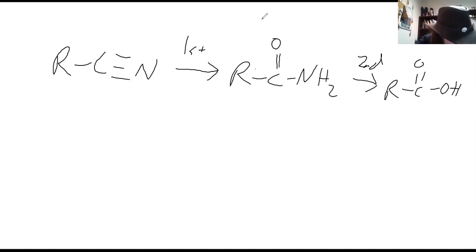So let's see. Now, you only need very mild conditions to convert them to an amide. But if you want to keep going to carboxylic acid, remember we need much stronger conditions. So we could actually favor amide formation by keeping the conditions mild. We just talked about the amides ones, like, oh, we need either a strong acid or a strong base, and we need some heating. So the mechanism here, so R, C triple bond N,